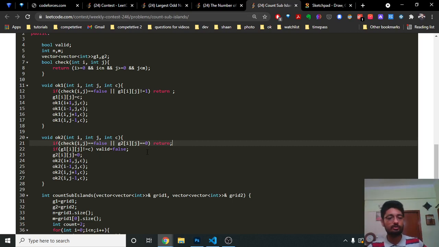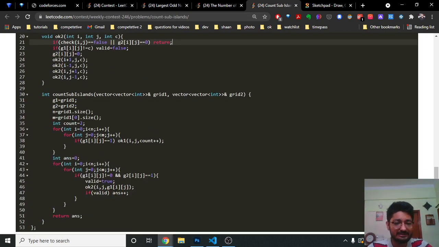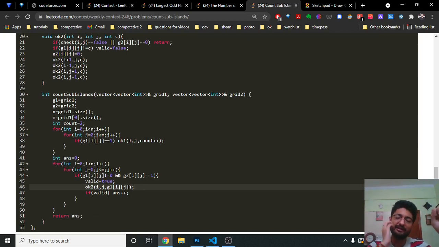Okay, now I have to check that for the particular ij I am iterating over in the G2 grid, which is the second grid, corresponding to that grid value, all the values in the G1 grid should be of the same number. Because as you can see, while calling this OK2 function, I am on ij, and I know that for the particular ij, both of them are island. Then if my G1 has an island value of, let's assume 2, then all the values in grid 2 which are forming an island should be equal to 2. So I would also send the value of G1, which is equal to 2.